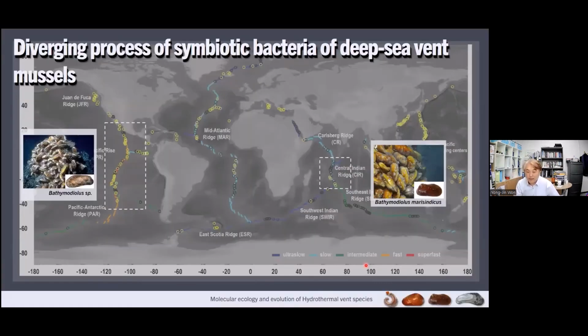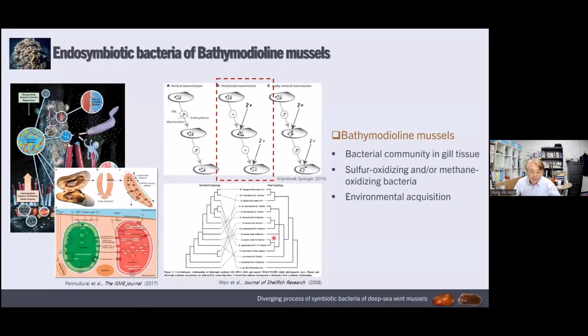So this is what we got from the IM analysis regarding the deep sea dispersal barriers. From now on, I focus on two systems, two organisms: Pacific Bathymodiolus and Indian Bathymodiolus, and their symbionts. First, Bathymodiolus depends on its nutrition and energy